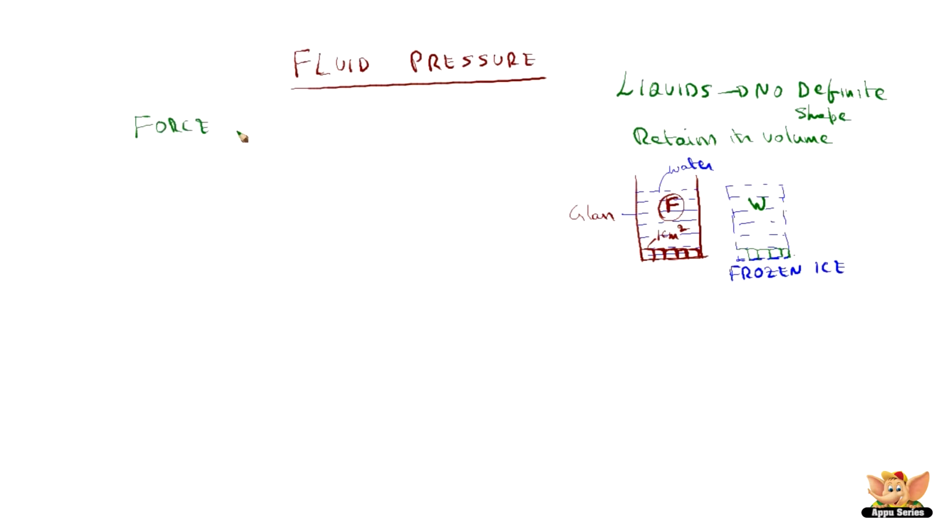We also know that force per unit area is pressure. So here, by saying in this example that the force is acting on the bottom on each square centimeter, we are basically defining force per unit area. This is nothing but the pressure. So pressure is P = F/A, and F = P × A.